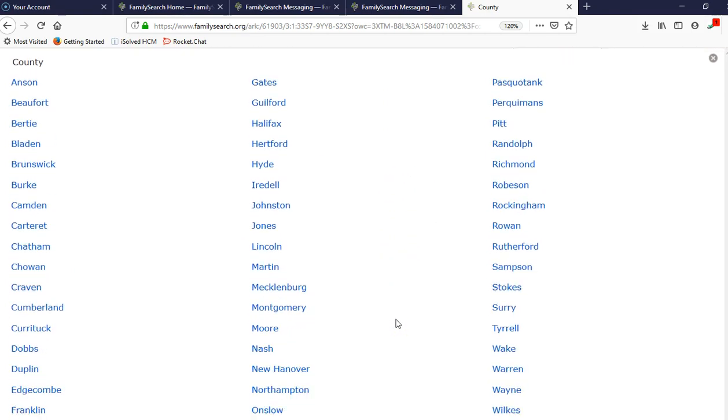And then you can look at a map and see, okay, is Richmond close to Robeson, or is Rockingham close to, and try to find counties that butt up against those counties, because a lot of times, like I said, those county lines change. And even though they live right there next door to each other, they can be in a completely different county